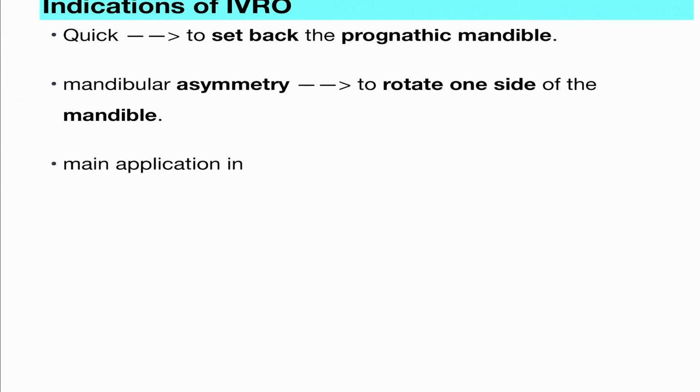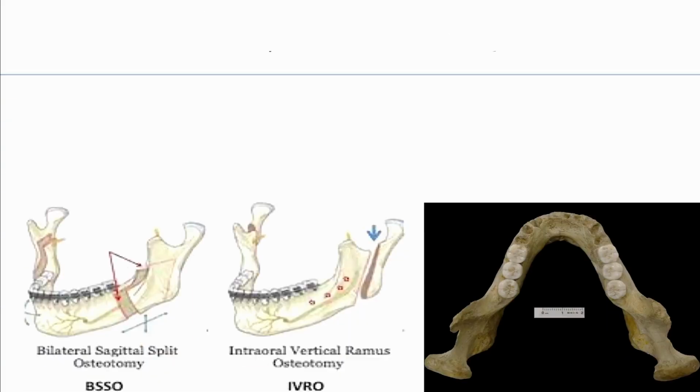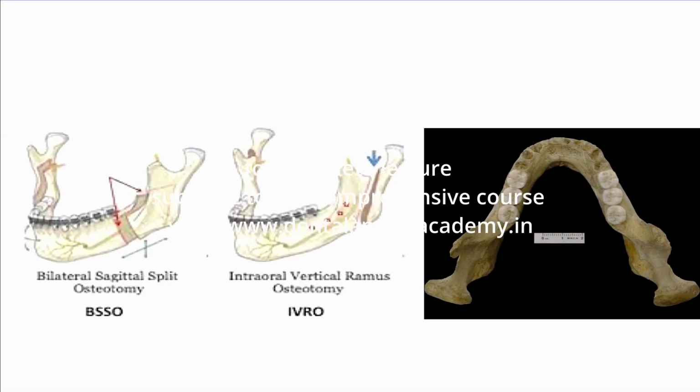And the main application compared to BSSO, so the other two procedures you can do with BSSO also, but one application which stands out for IVRO is if there is a mandibular excess concomitant with a widely flared ramus. So this is the picture there, you